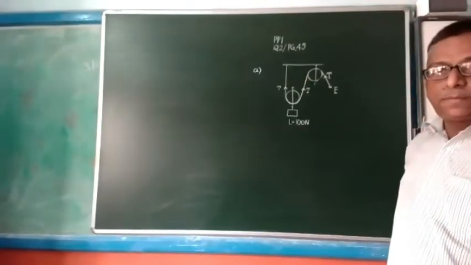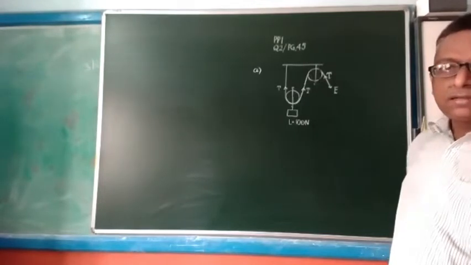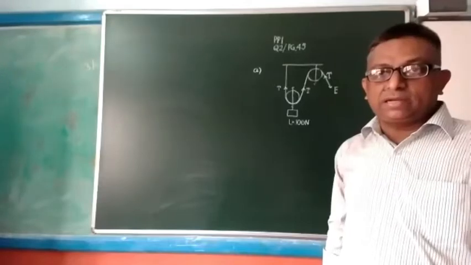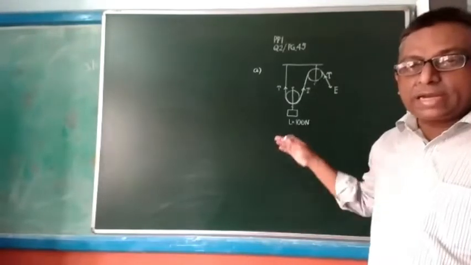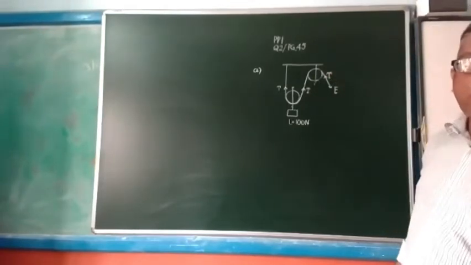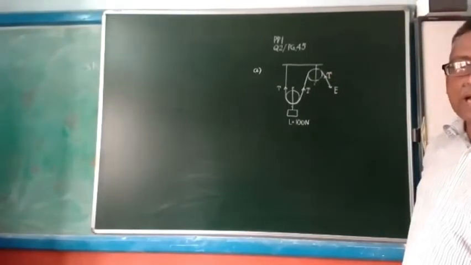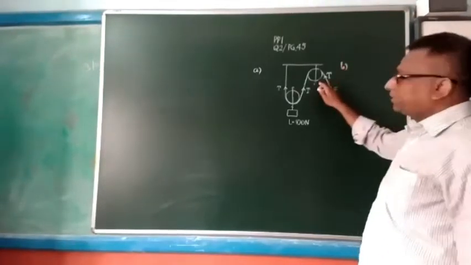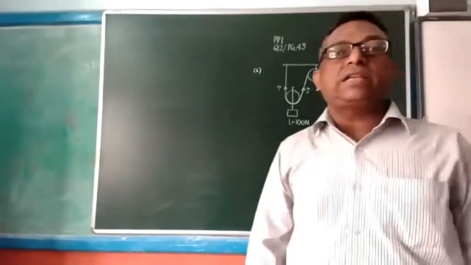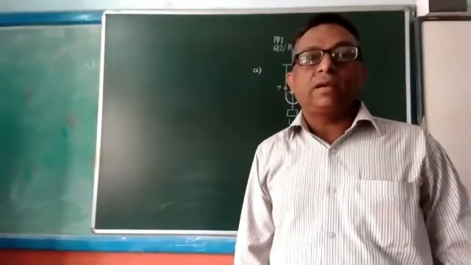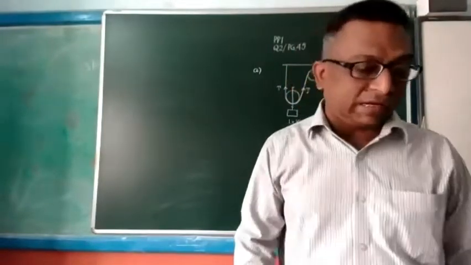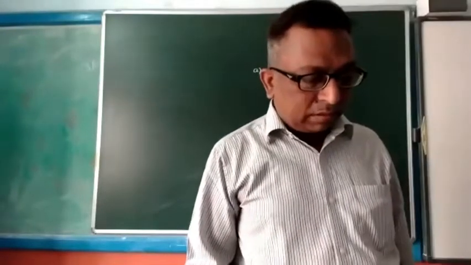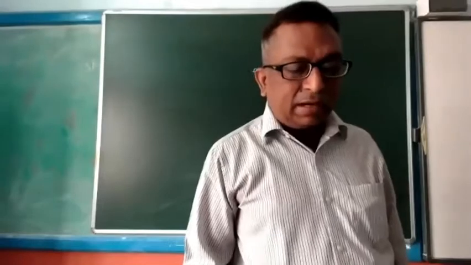So for proper action of effort, the person can apply force in a convenient direction. Even he can use his own weight for this act. So the fixed pulley is used in order to change the direction of applied effort, in the desired, convenient direction. Clear? This is part B. If T is the tension in Newton, what is the relation between T and E?